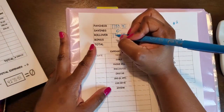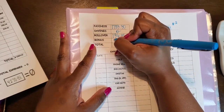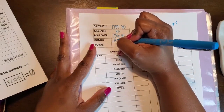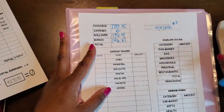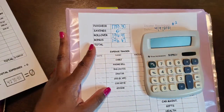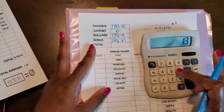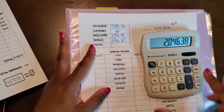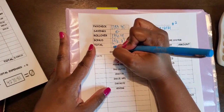So bonus. Bonus is anything that comes in from Papa. Well, the only thing that has come in is from Papa, and that was $100 for his portion of the insurance and $26.67 for his portion of the phone bill, which he pays for his phone. So the total that I'll be working with today, after totaling everything up, is